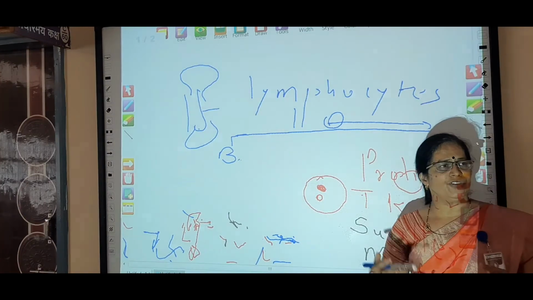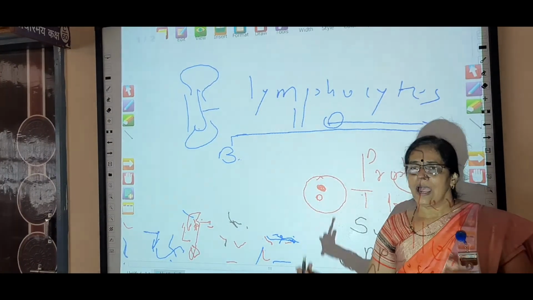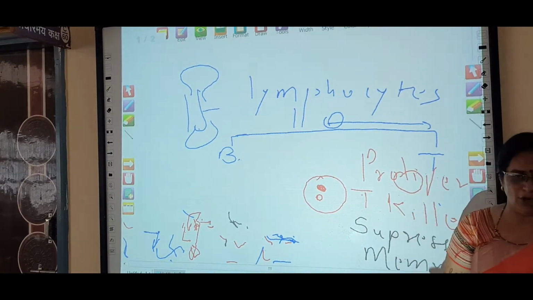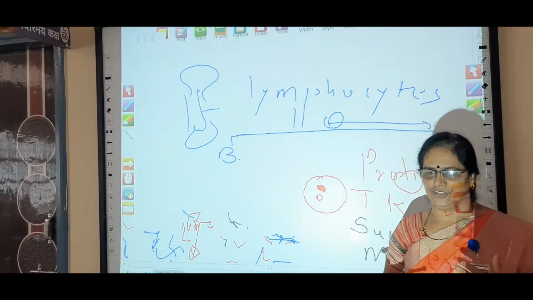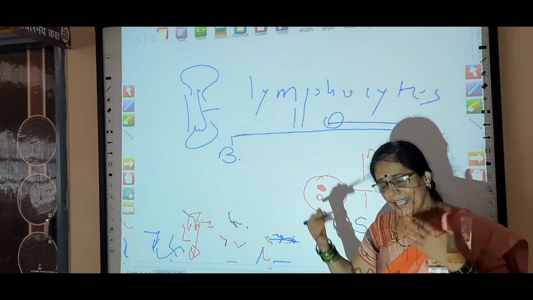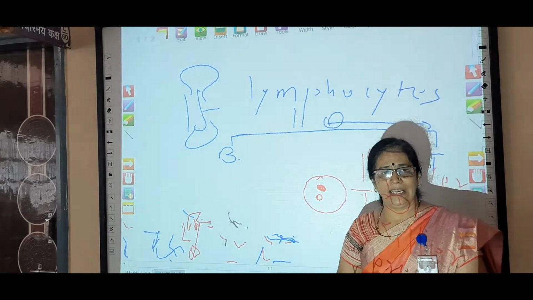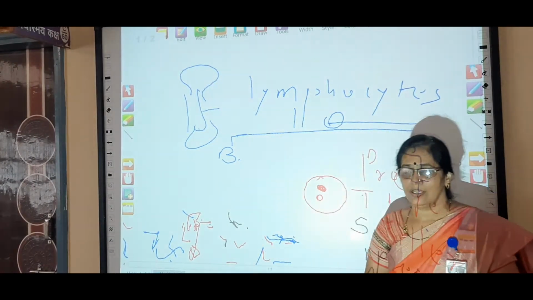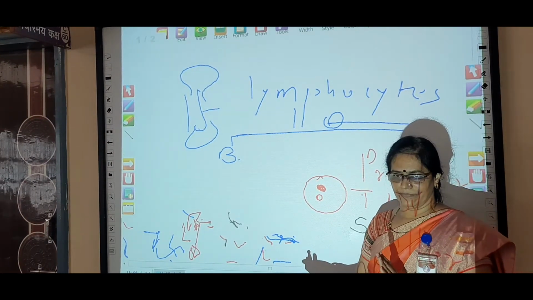The first infection is called the first encounter. During first encounter our immune system produces antibodies. Whether that infection may be artificial or natural, during that time the antibodies are produced and they are retained in our body. But during second encounter, that is during second infection, such antibodies are produced immediately.